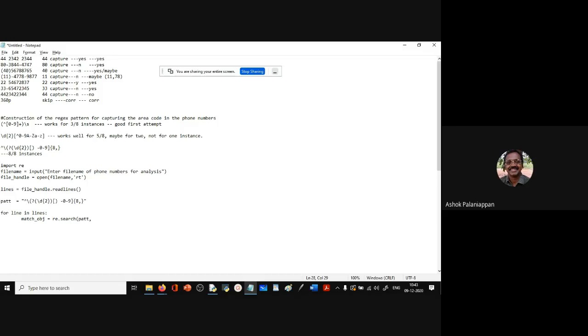Not lines, just line. Okay, we're iterating every line, isn't it? So we've read the file, we have every line now. So we want to find out on every line exactly what we want. So add comma line. Now, if there is a match object, we want to do the following. So we can just say if match object. If re.search did not match the pattern in the line, the match object will be none. So it has a Boolean value false. So if it's false, we have to go to the next line. We have to skip it.